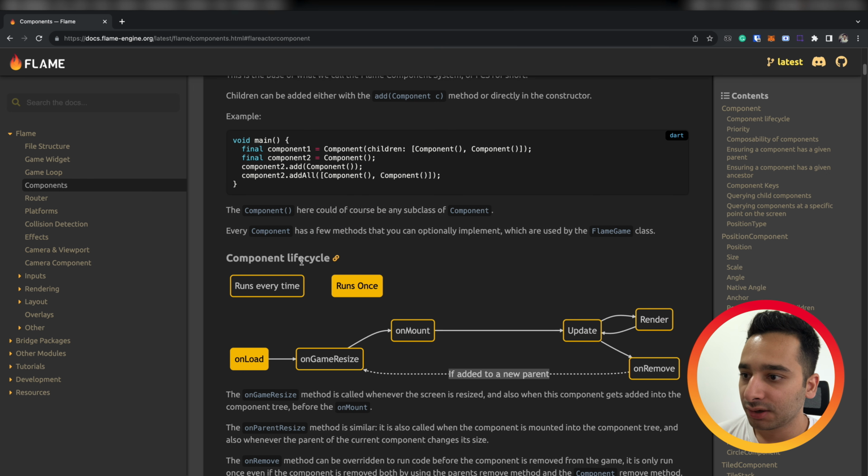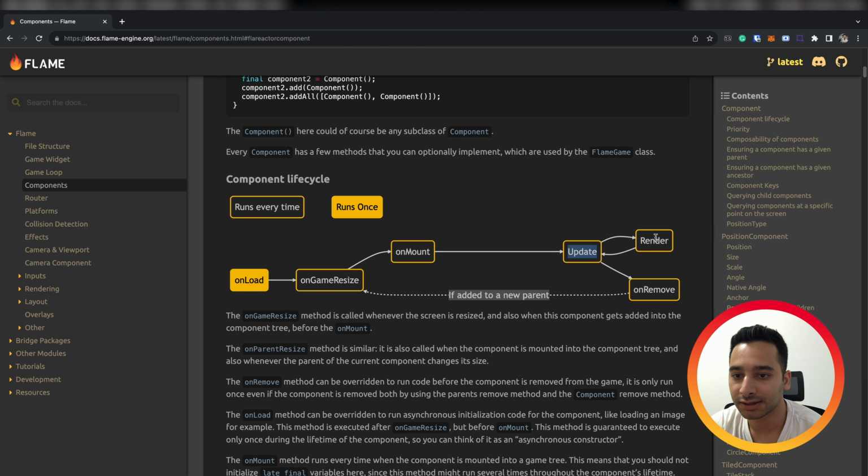Now we need to get back to our component lifecycle. So here we have 2 important callbacks, update and render. These are 2 fundamental callbacks of each game engine. For example, you can find these 2 callbacks in Unity game engine or any other game engine that you might work on. So here in Flame we have these 2 functions too. Basically, these are the functions that are getting called per frame. For example, if you have 60 frames per second, so you have 60 times calling this function in your component.